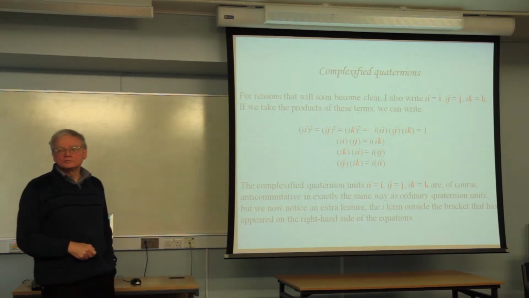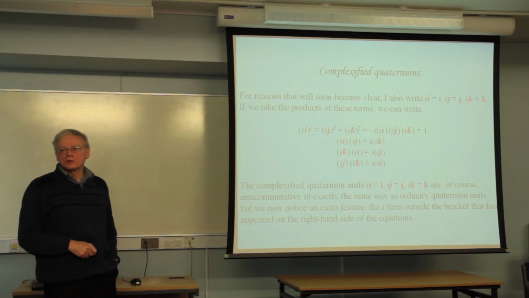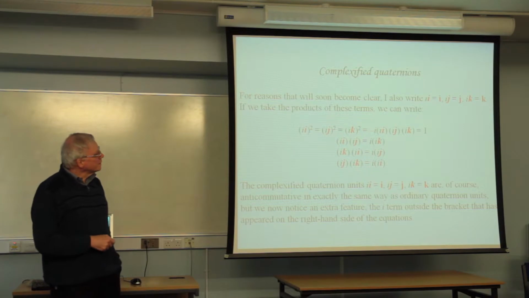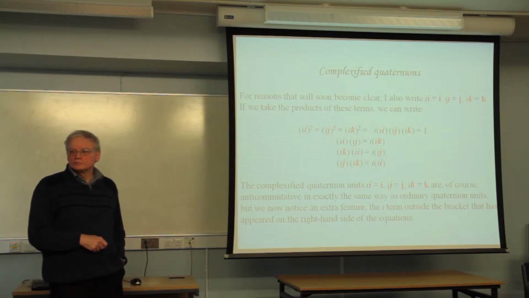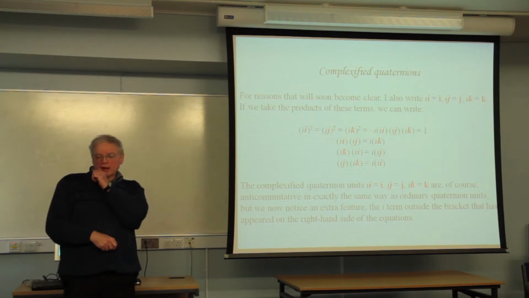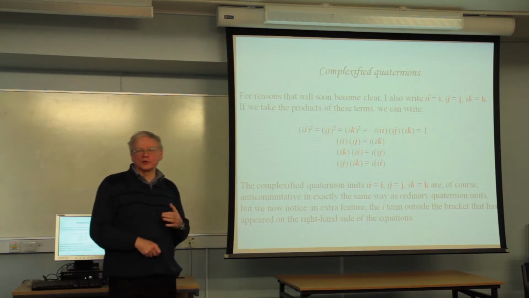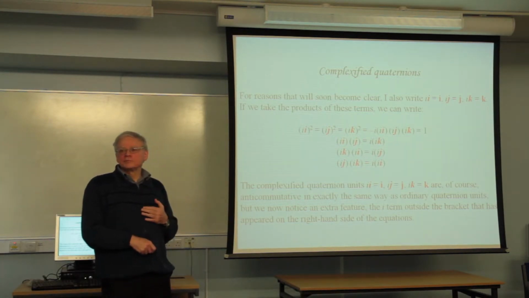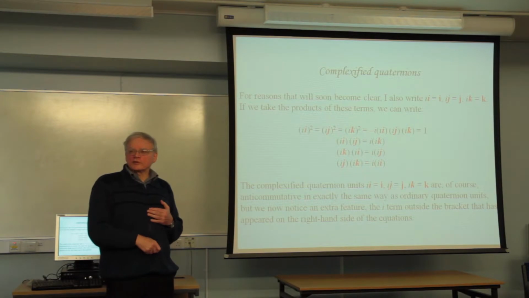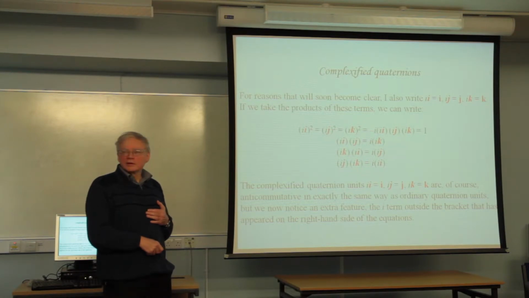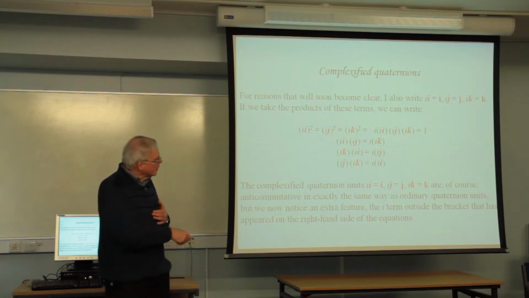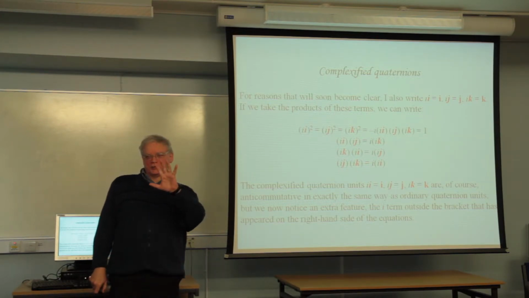Yes. You've got 1 and an ijk, and you call that a quaternion. Did Hamilton say you then have also i and ijk, and that's a different quaternion? Yeah, it's a complexified quaternion. So you're not making quinternions in any shape, way or form? No, it's a completely different algebra. But a complexification of a quaternion is that there is a 1, ijk and an i, ijk. That's correct. Where the ijk is different is the square root of minus 1 times the ijk in the first case. Yeah, there are 8 units in the algebra. I'll come to that.